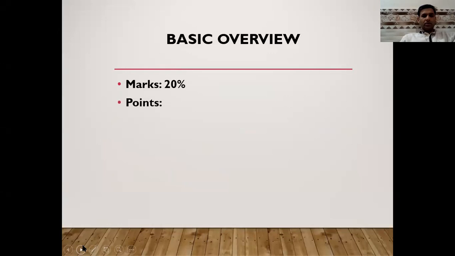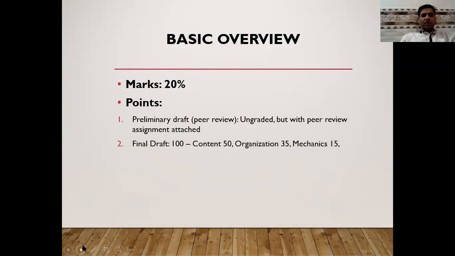Points that you need to think of: you will be getting a preliminary draft after your peer review. That draft is ungraded, but the peer review assignment should be attached with it. The final draft is worth 100 points: 50 points for content, 35 points for organization, and 15 points for mechanics, grammar, and sentence structure. Length should be 8 to 9 pages, excluding the cover page, works cited, annotated bibliography, and one